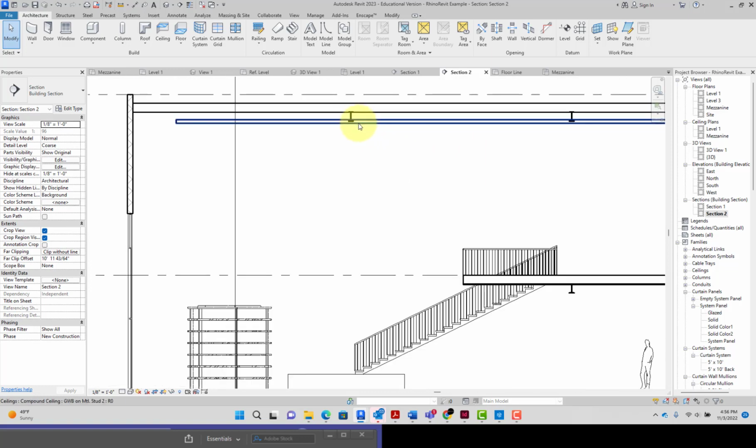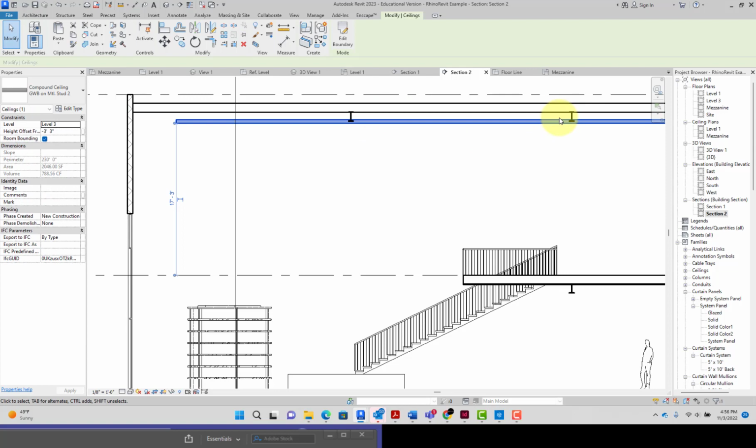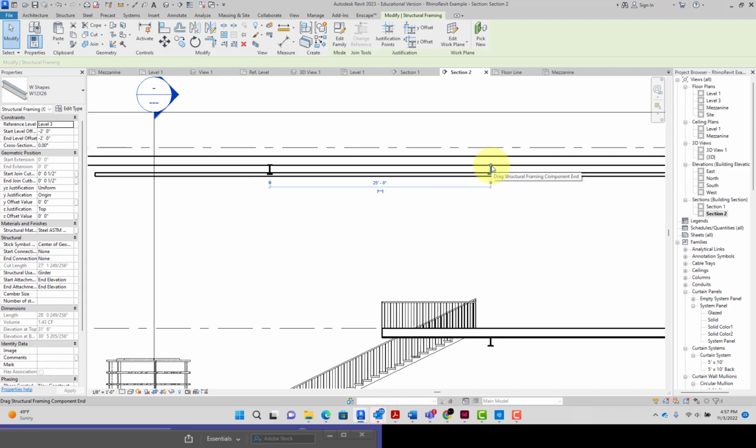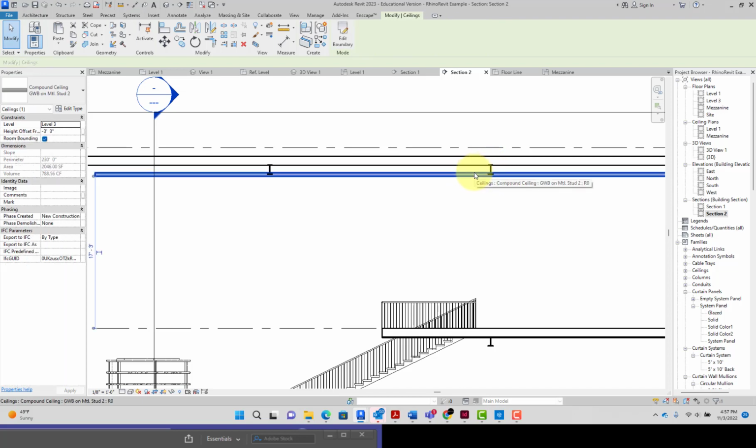Just remember when you're creating these things, you want them to look kind of real. And in this case, I'm spanning some 25 feet. So something that thin would never span that. To actually span 25 feet, I would need probably some steel joists going across here and then hang this. But I could fake it a little bit more